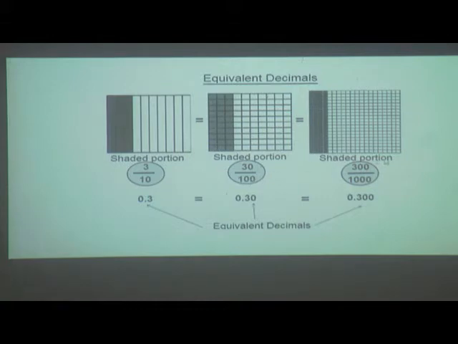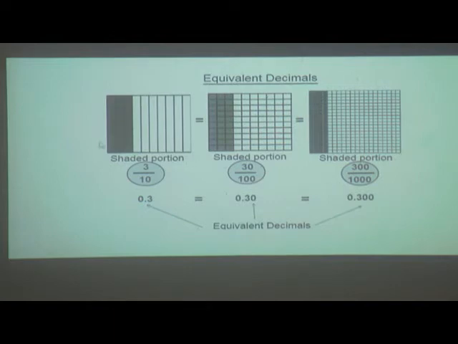Here the shaded portion is, this 100 is divided again into 10 vertically and 10 horizontally, into 1000 parts. So out of this 1000, again one line has 100, so there are 3 lines which will be 100, 200 and 300. So 300 squares are shaded, so we write 300 in the numerator, and the 1000, which is the number of parts it is equally divided into, we write in the denominator.